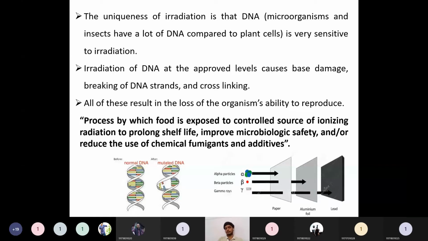So the advantage here is why we are using only gamma rays. If you see alpha rays, they can only penetrate up to the paper. A paper can stop an alpha ray. But beta rays, if you see, will penetrate until the outside layer of an aluminum foil. But gamma rays will have deep penetration until some lead block is there. There only it will stop. Otherwise it can penetrate through aluminum foil also.